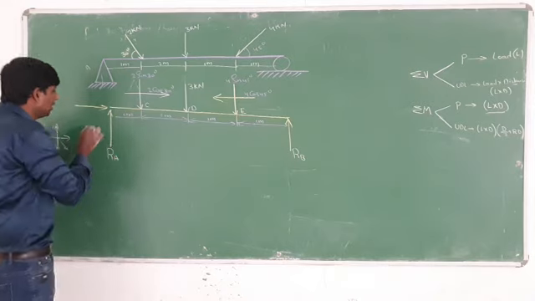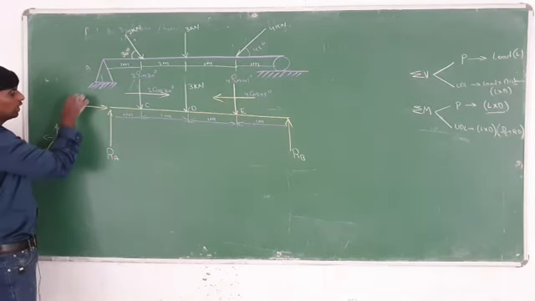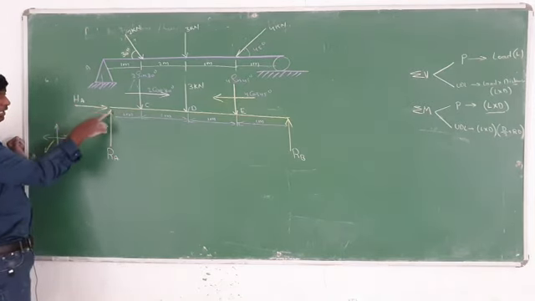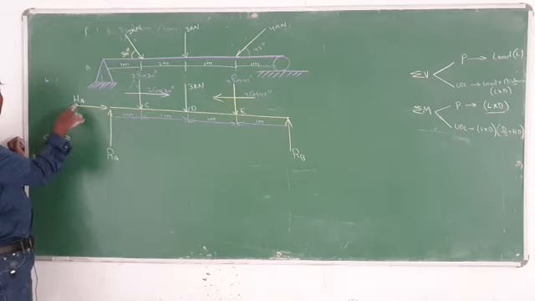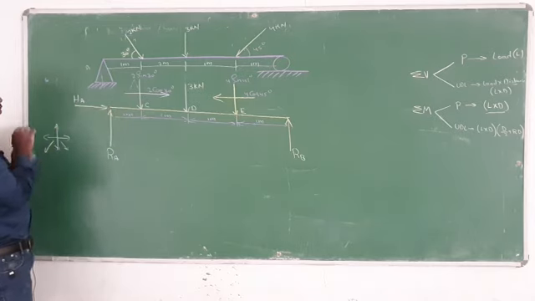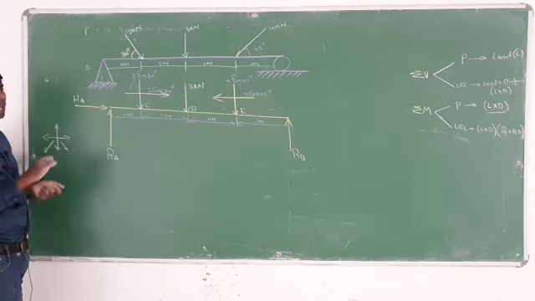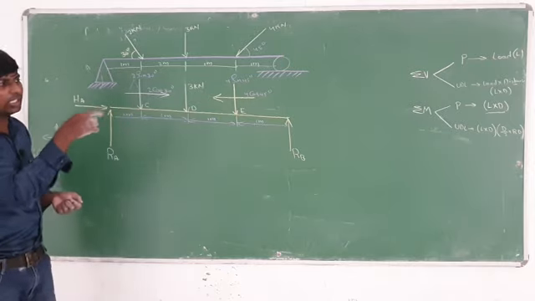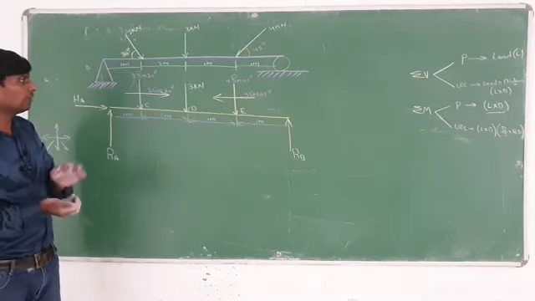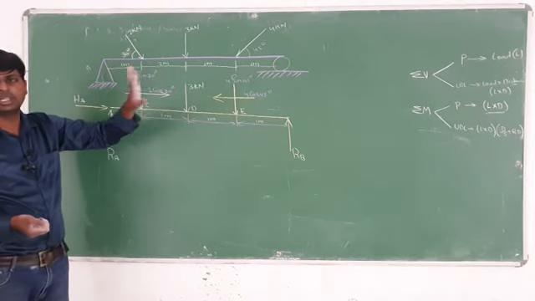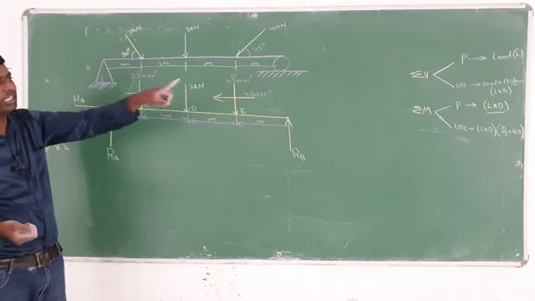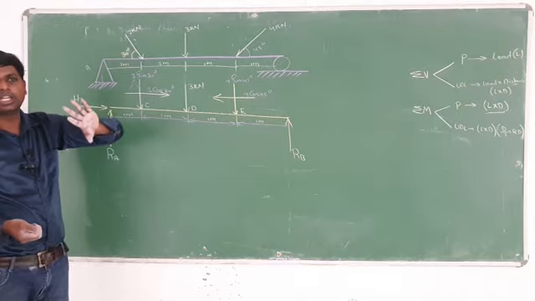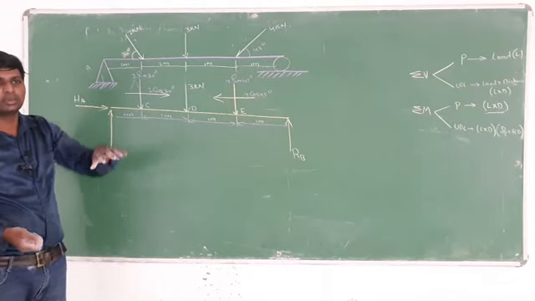Clear? And this one is the horizontal, so you can take it as HA. H stands for horizontal. Now with the overall forces, you can go for sum of vertical and bending moment. After converting from this to this, the next step is to go for sum of vertical first, then sum of bending moment. In that you have to add sum of horizontal also.